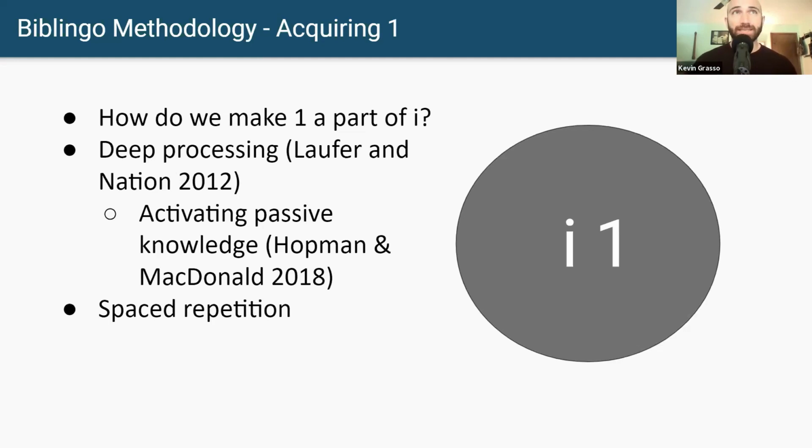One is deep processing. Whenever you encounter the material, you need to process it in a way that it sticks. There's all kinds of things in studies on memory on what this looks like, but suffice it to say, in language,